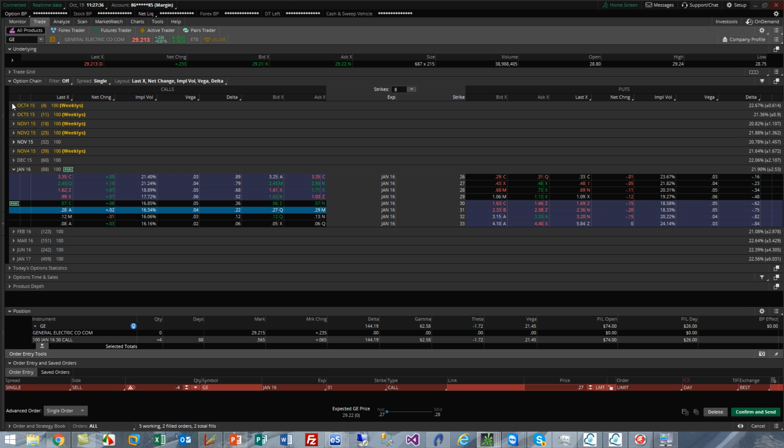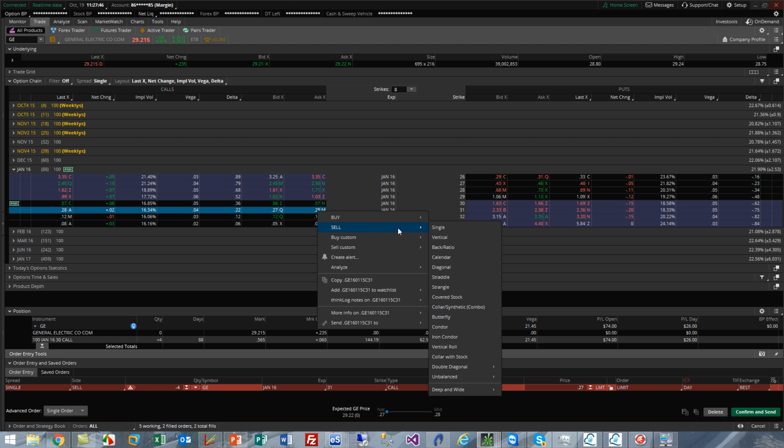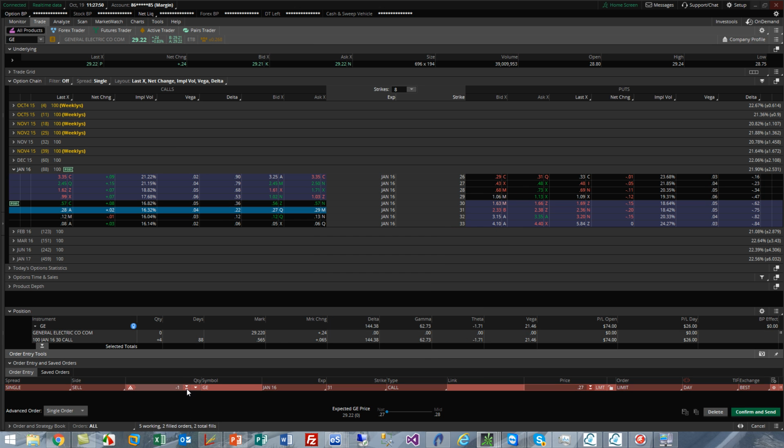And you could look at this here, and you could see that we had a 30 strike. One option we have is to turn this into a vertical spread. Watch what happens when we do that. So I'm going to change the single here. We had 4 contracts. So what I'm going to do is click on